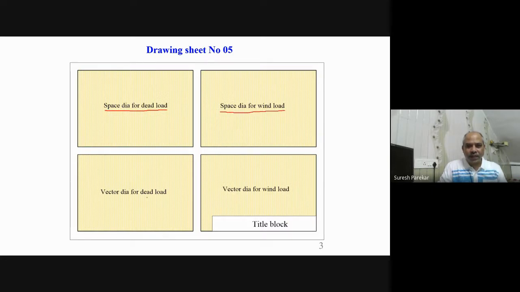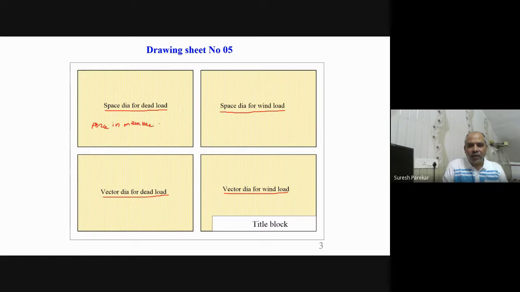Then we have vector diagram for dead load. And then we have vector diagram for wind load. So we have to draw these two space diagrams for dead and wind and two vector diagrams for dead and wind. Here we are not going to draw space diagram and vector diagram for live load because whatever force we are going to get, force in member